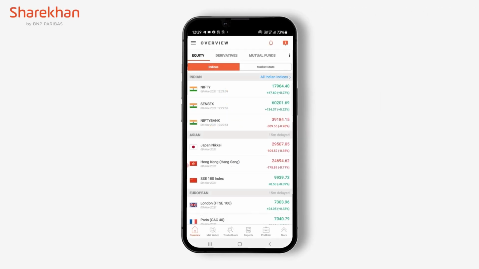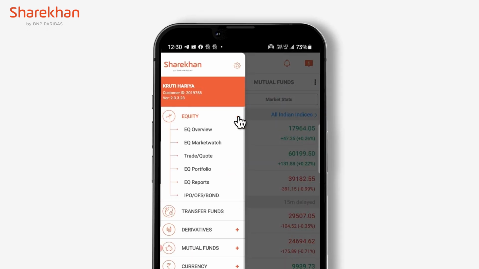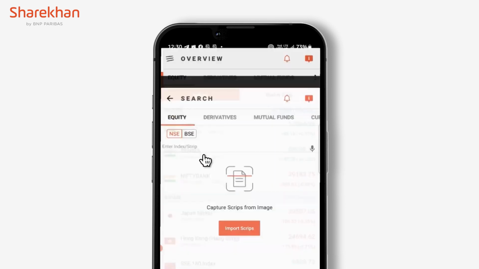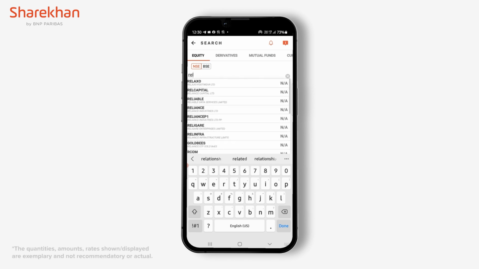You can now buy or sell stocks using charts. In the hamburger menu, go to the equity section. In equity, go to trade and quote. Here you can add the script which you desire to buy or sell. So for example, let's say Reliance